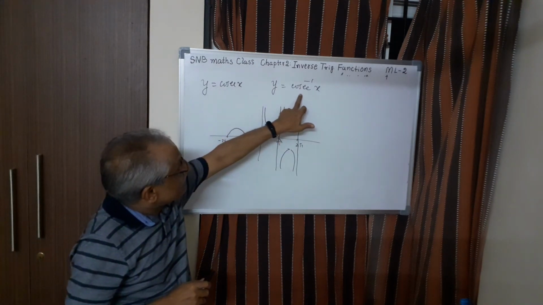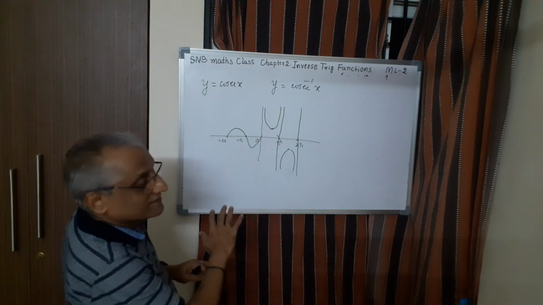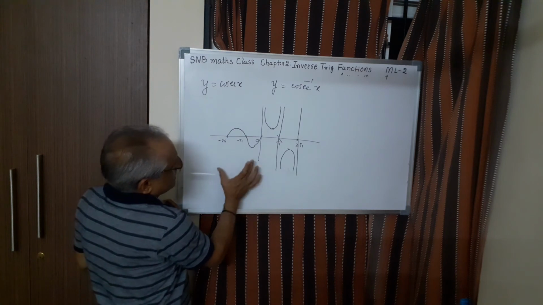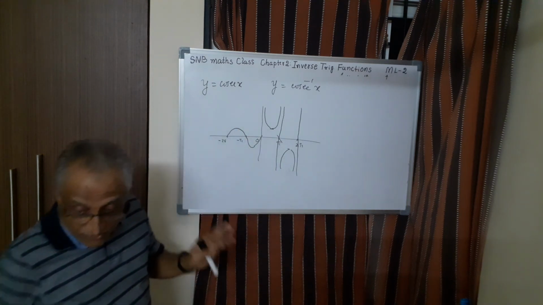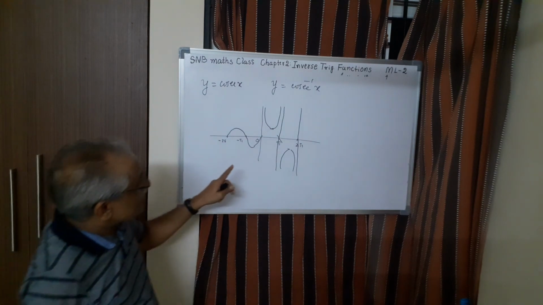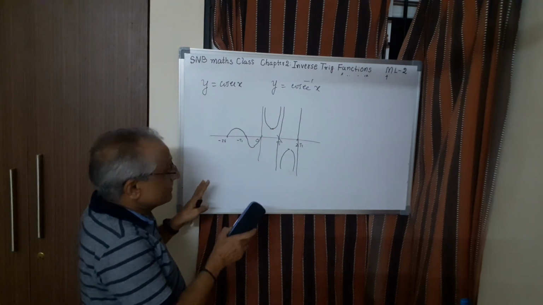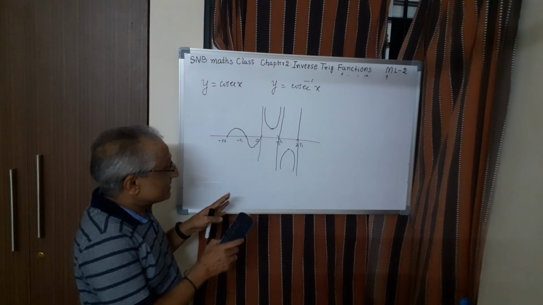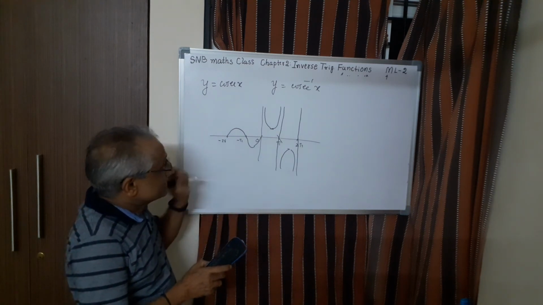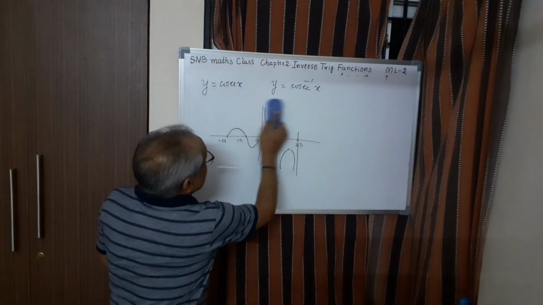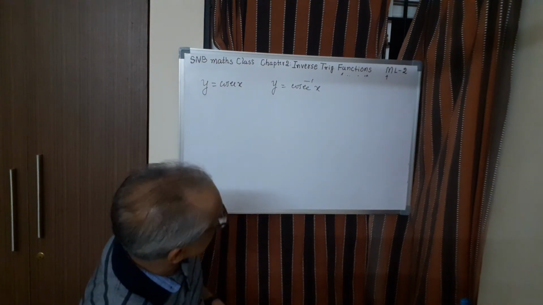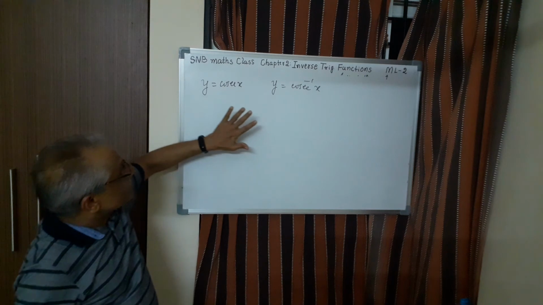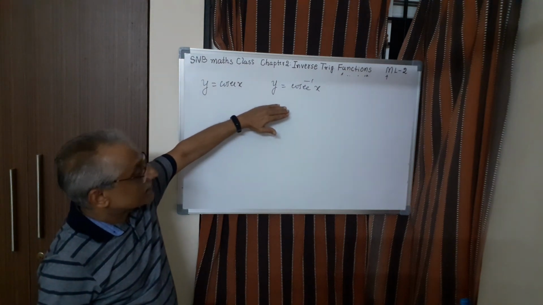To draw the inverse, what you have to do is just reverse. Only one branch you have to take, that is the principal branch. Then reverse the x-axis and y-axis, and draw the corresponding graph. Whatever explanation I give is not actually convenient. You should practice this yourself, then you will understand. Sometimes you may have some difficulty, but if you do it, definitely it will be very simple. So please do that, the graph of cosecant inverse x.